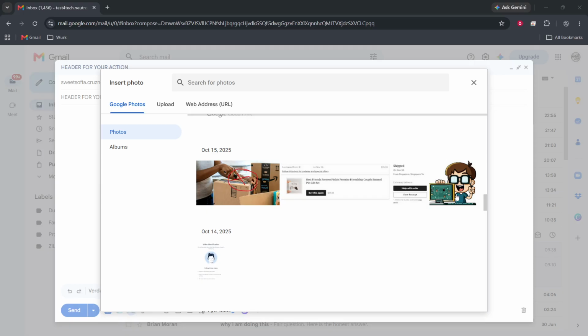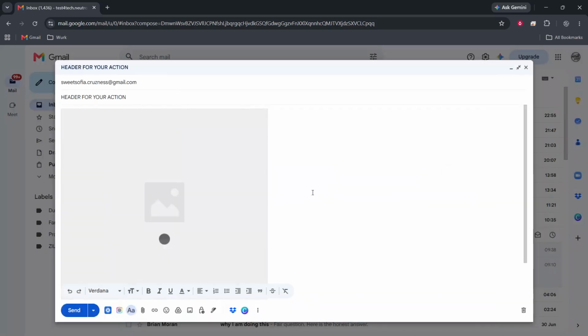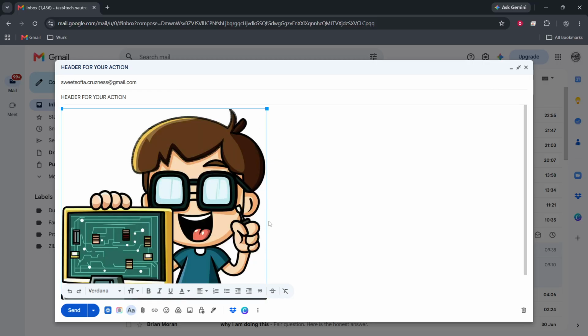After that, you will upload your header image. You can either drag and drop the image into the upload window or select it from your files. Make sure the image you choose is the right one for your header. This is important because a well-chosen header image can enhance your message and make it stand out in the recipient's inbox. Once you select the image, it will begin to upload. You should see a progress indicator, reassuring you that your image is being added.